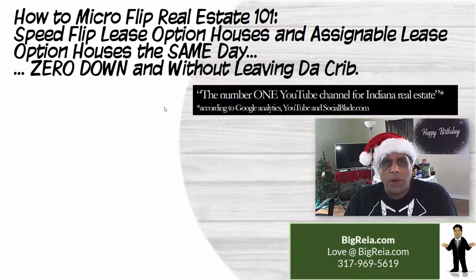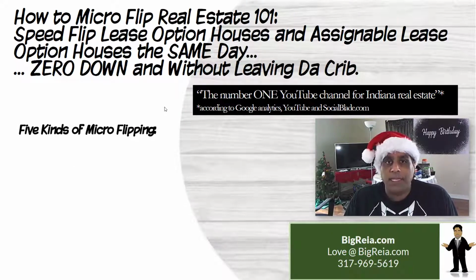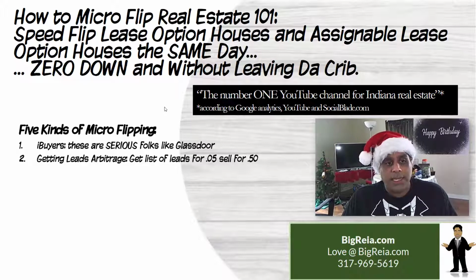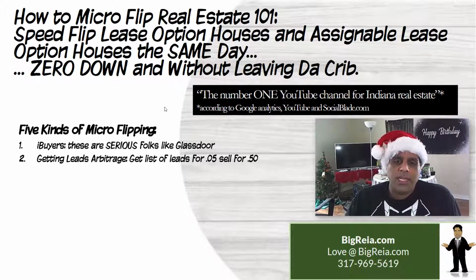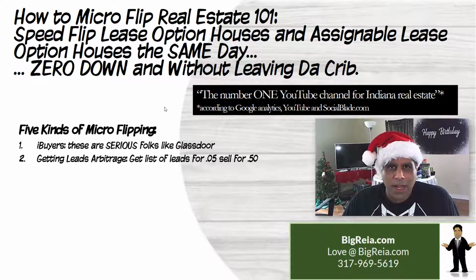They've got cash. They're paying 98.6% of the asking price. They still found a way to make money. These guys are geniuses. It's not feasible to go against them. Number 2 is getting leads and arbitrage. So you get a list of leads for like 5 cents. You sell it for 50 cents. I don't recommend doing that because you might as well work with these people a little bit deeper and make